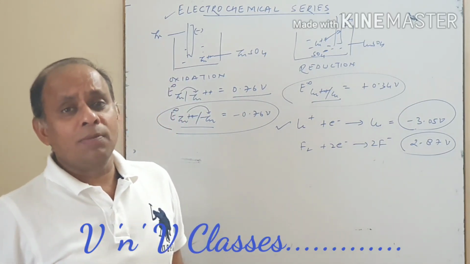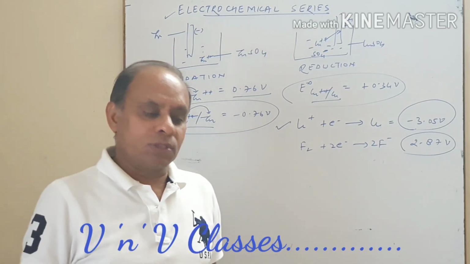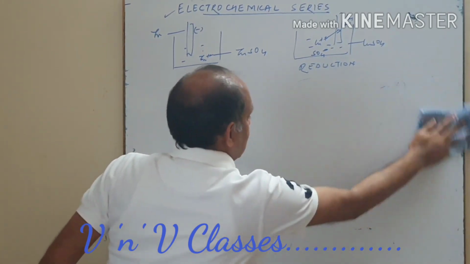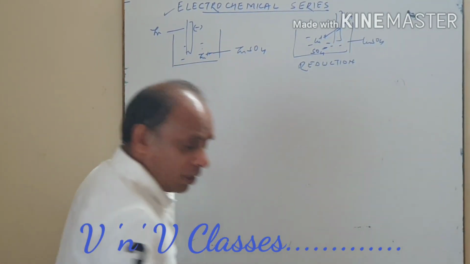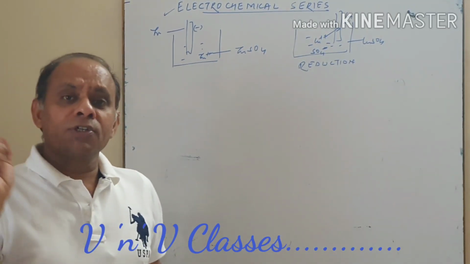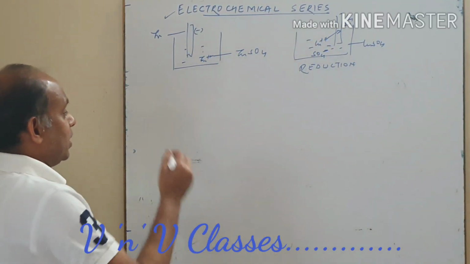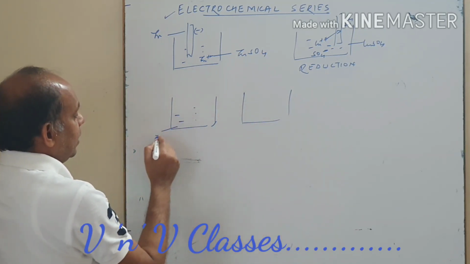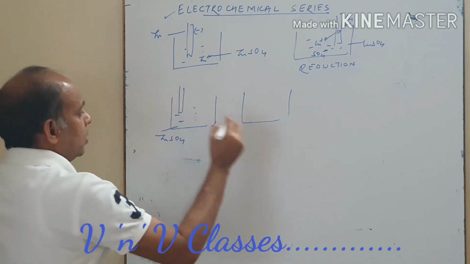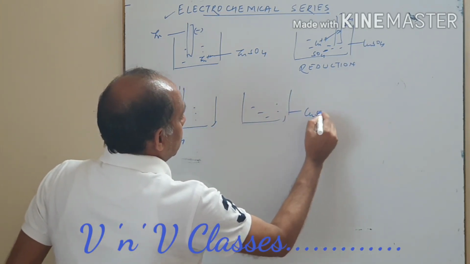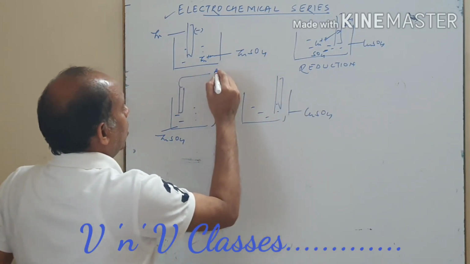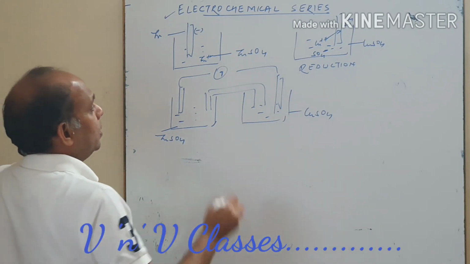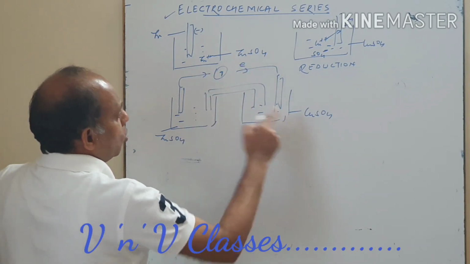Now, in what way can this electrochemical series or electrode potentials be used? The very first use relates to why we started with electrode potential, so let me recollect. We were talking about the electrochemical cell. Let us consider, very briefly, a Daniell cell, with zinc sulfate solution with a zinc rod, and copper sulfate solution with a copper rod, and this was the cell setup. This is the salt bridge, and we observed that electrons travelled from zinc to copper.